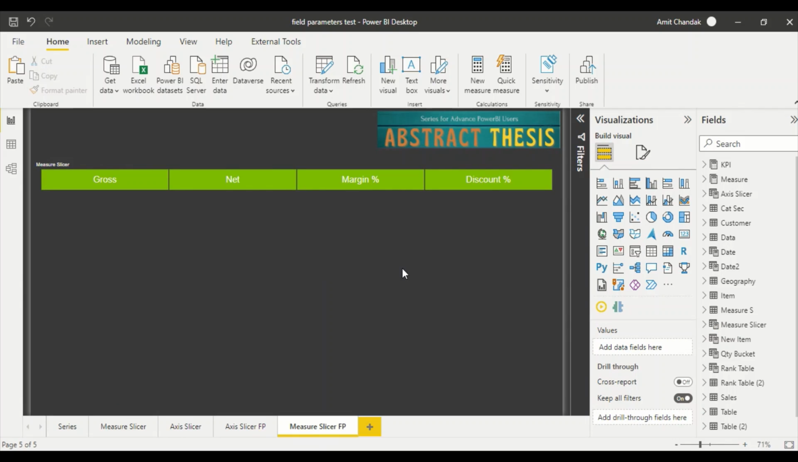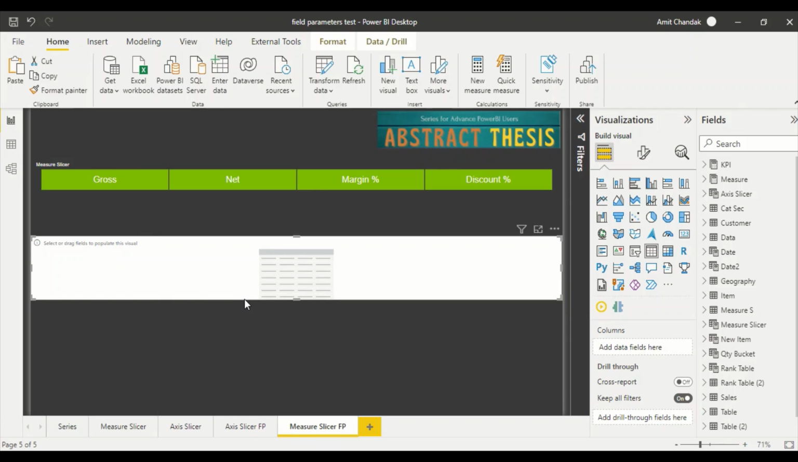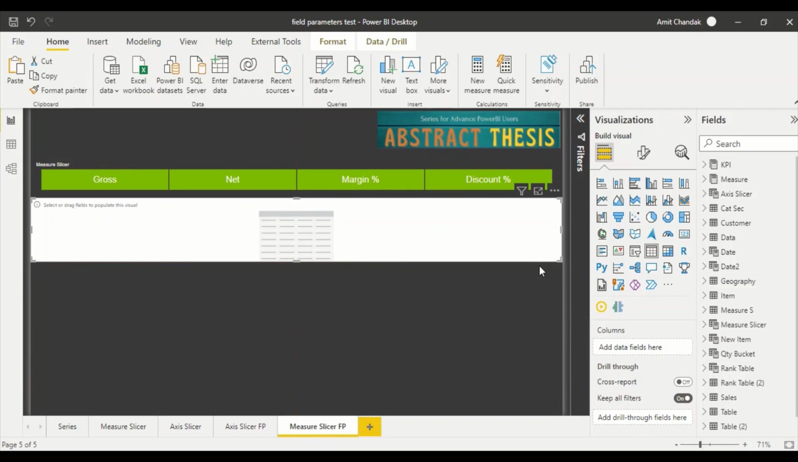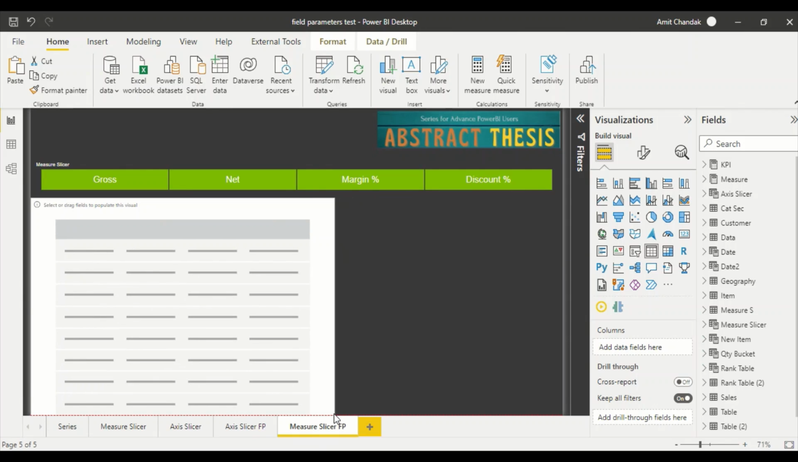Now let's quickly build up a visual. We'll start with the table visual. In the table visual, I'll go ahead and add, let's say, brand. So item brand,